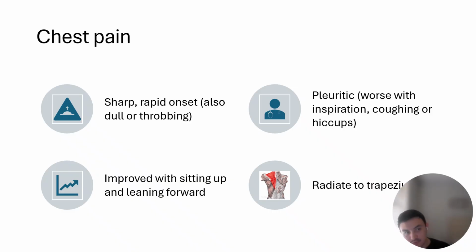The first thing that you have to recognize is chest pain. What are the characteristics of the chest pain? Because that is going to give you a clear path to the diagnosis of acute pericarditis. The chest pain is usually sharp, rapid onset, improves with sitting up and leaning forward, and it's pleuritic. For example, you ask the patient to take a deep inspiration, the patient breathes in, and that causes exacerbation of the pain. Probably that is a pleuritic chest pain, and it radiates to the back through the trapezius. So if you have those characteristics, that is telling you that this chest pain may be likely due to acute